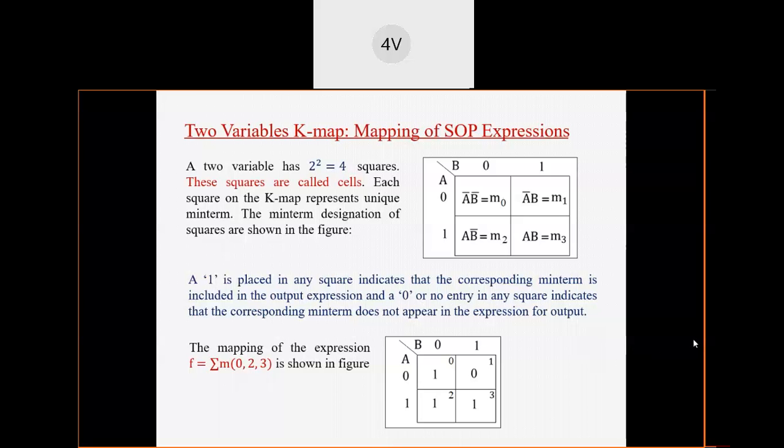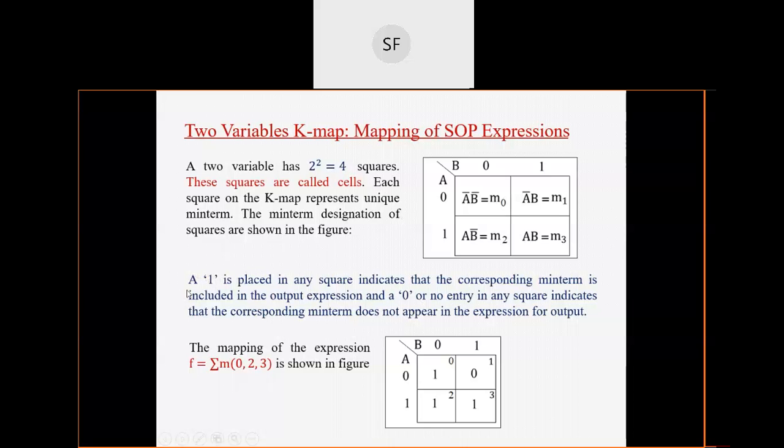Okay. So now this is the point we will see. If one is placed, so this is regarding the structure of your two variable K map. So every two variable K map will look like this, and obviously we are discussing the SOP expression. So that's why we have taken this A bar into B bar, and this we have represented as min terms. अगर ये POS होता तो we have to write max terms here. Okay, that is the only difference.